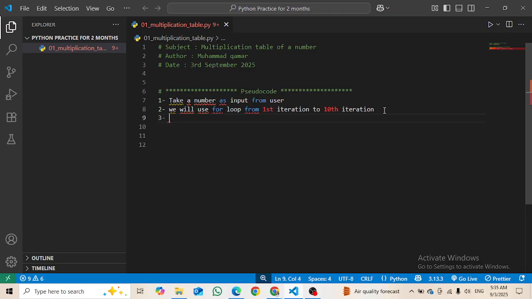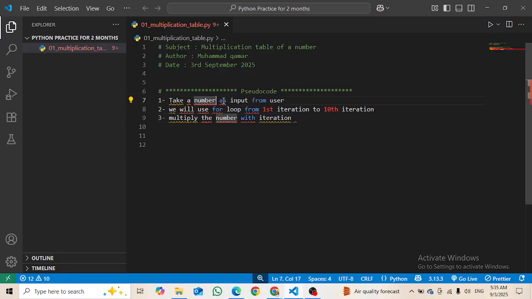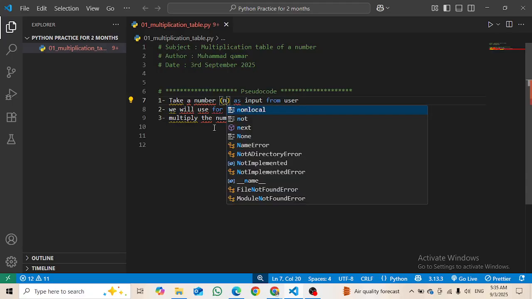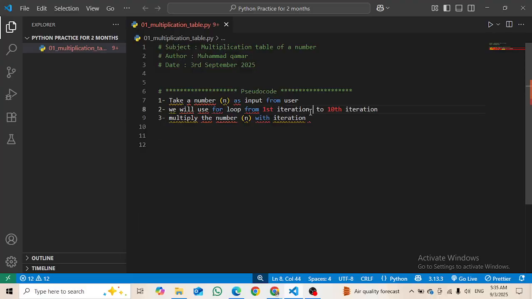we will multiply the number that the user gave us with the iteration. Let me make it easier for you: here we will use n, the number means n. We will take n as input. The iteration means i. It will be more convenient for me and for you to understand. So we will multiply n with i, and then the fourth step,